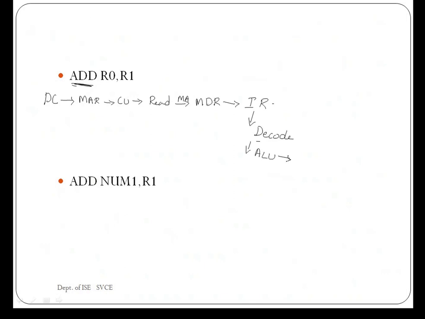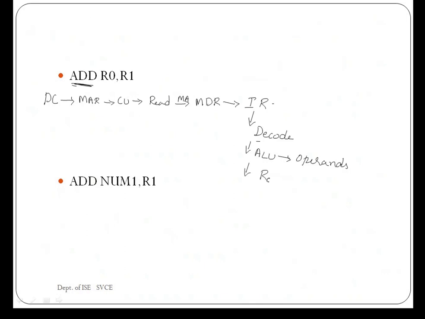In the ALU, it finds that the operation to be performed is addition, and it checks for the operands. Are the operands available in the registers, or does the operand access need to be from a memory location? According to our instruction, they are available in the registers. It does not require any memory access. So immediately it performs the ALU operation, that is, it adds the